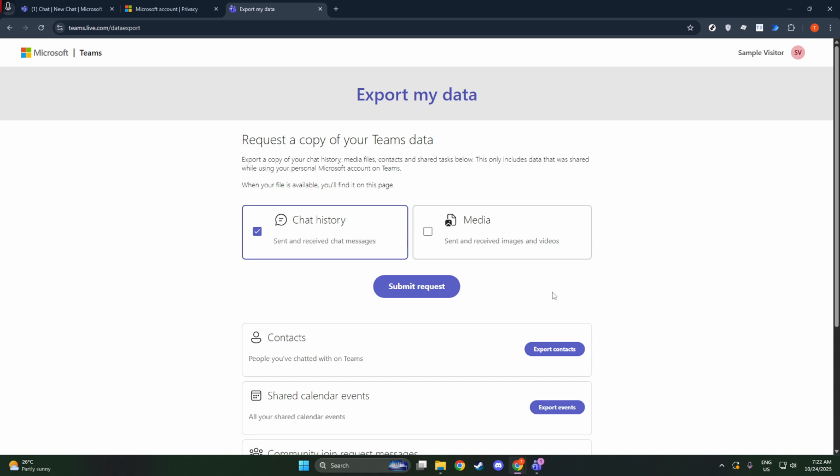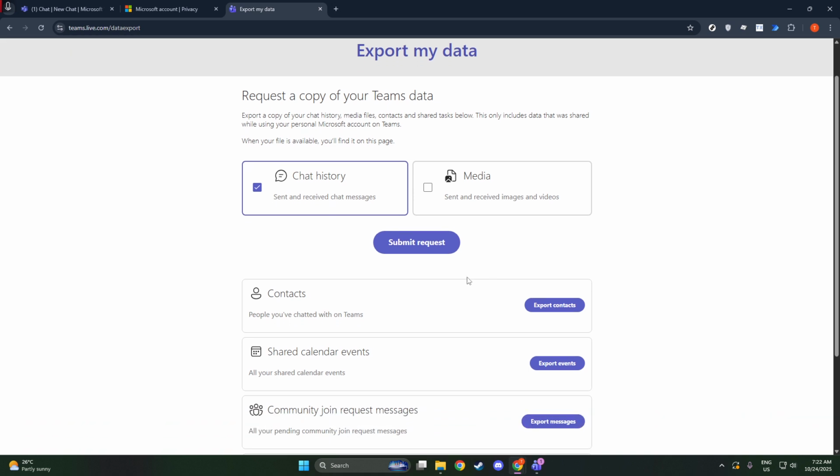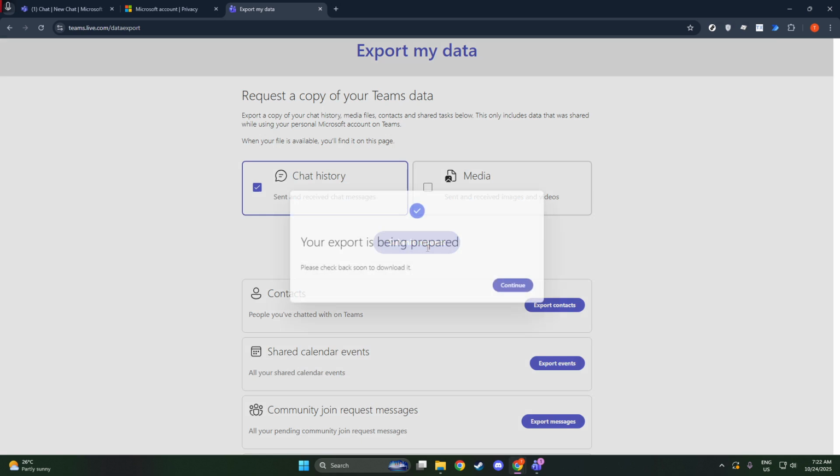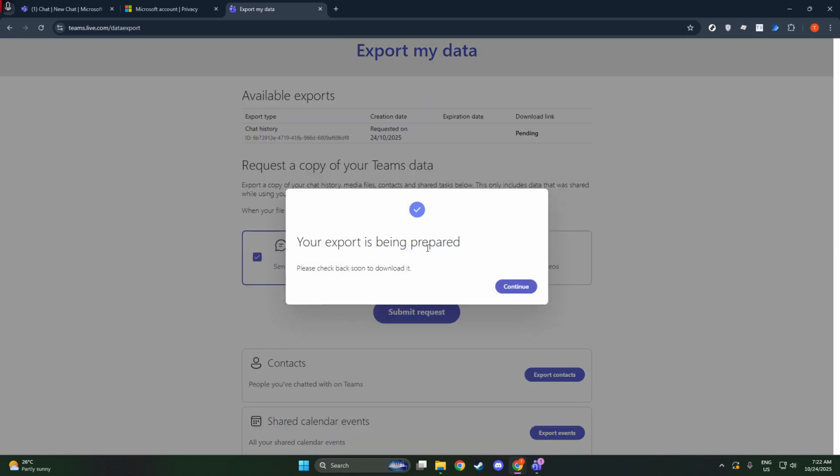Once you've decided what to export, it's time to submit your request. Simply click on the option you've chosen, and the system will begin preparing your export. Now, it's important to understand that this process might take a bit of time. Depending on the volume of your chat history and media files, the preparation could take from a few minutes to